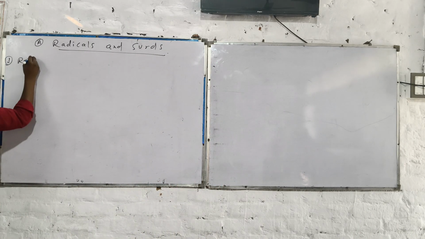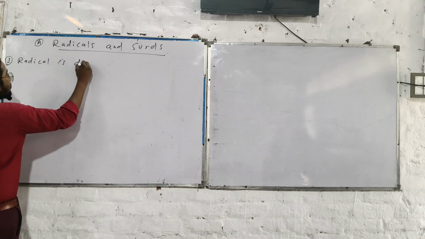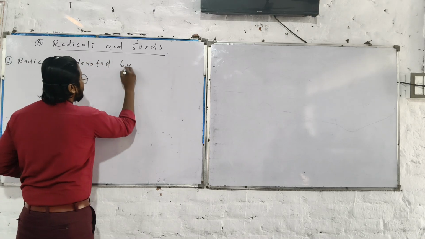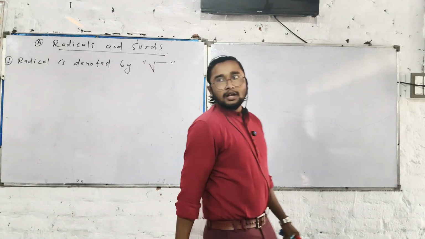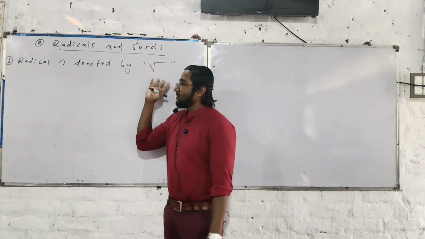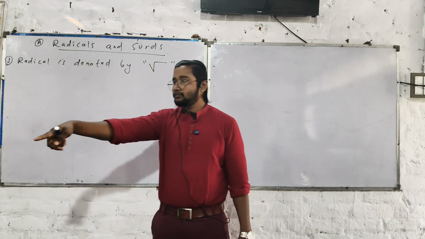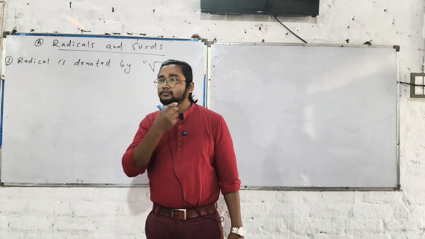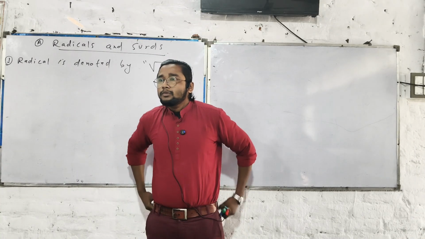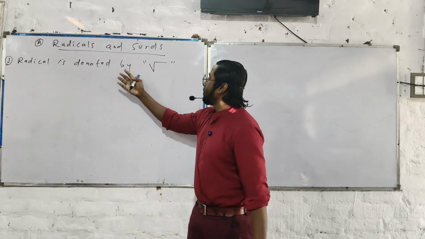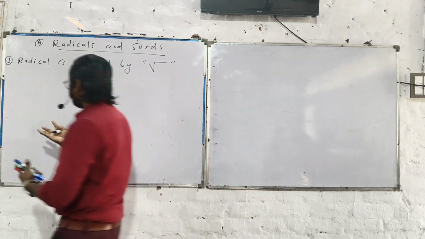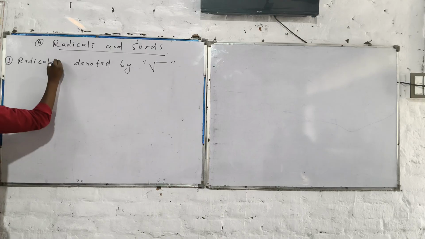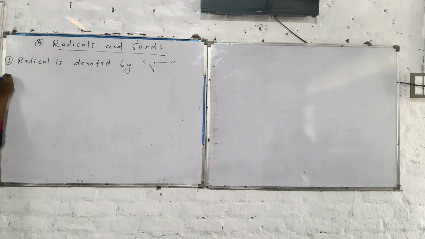A radical is denoted by this radical symbol. This is called the radical symbol. For a radical, we must have the radical symbol. Try to understand that. Radicals can be